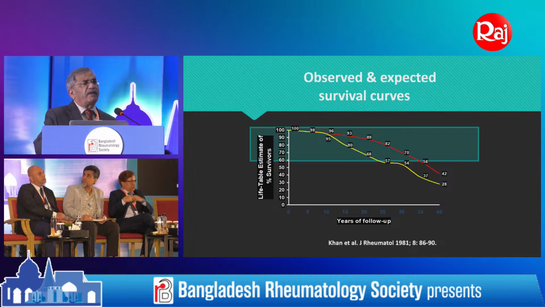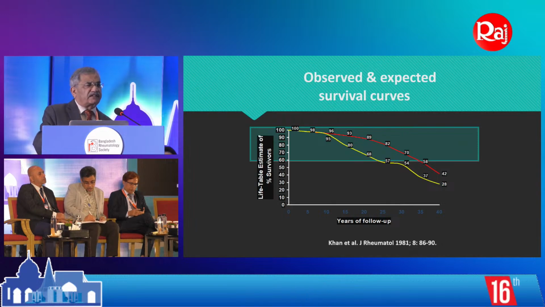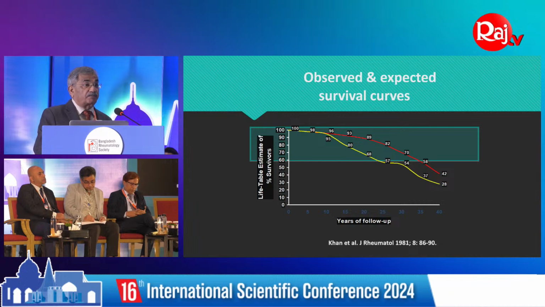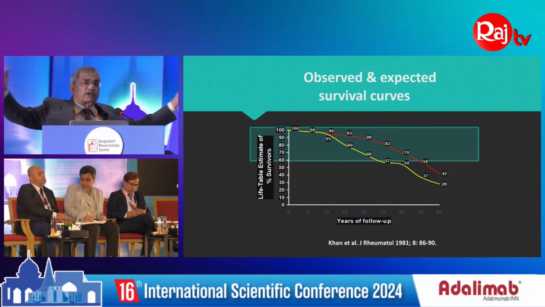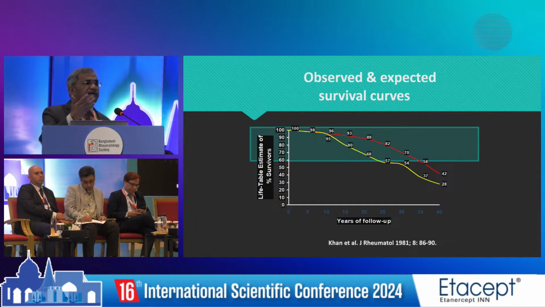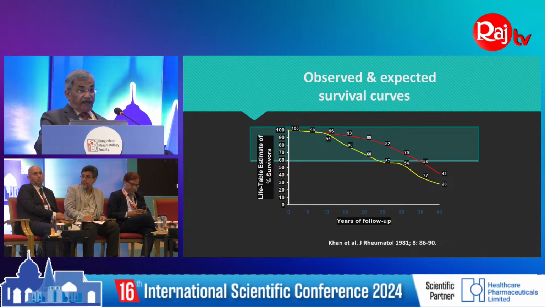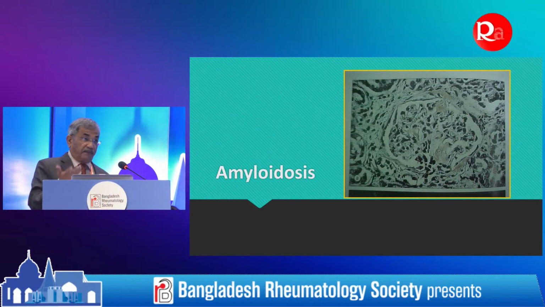Over a period of time, for many years, sulfasalazine remained the drug. Sometimes came methotrexate, sometimes leflunomide, but mostly sulfasalazine. Even today, it is preferred. But people realized that people are still dying. Look, rheumatoid arthritis was given so much importance. But for SPA, ankylosing spondylitis, generally the administrator will say nobody dies. No, they do die early, and probably the causes are many, not very well researched, maybe amyloid, maybe something else,